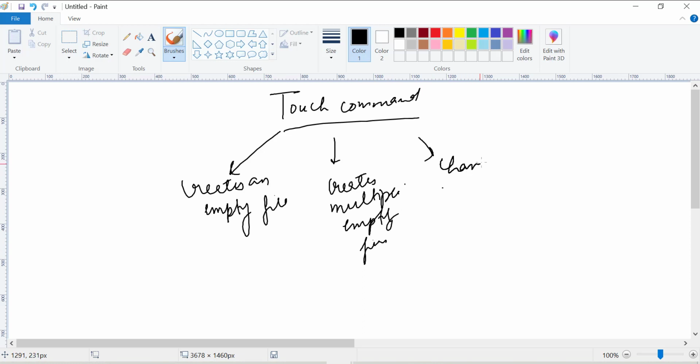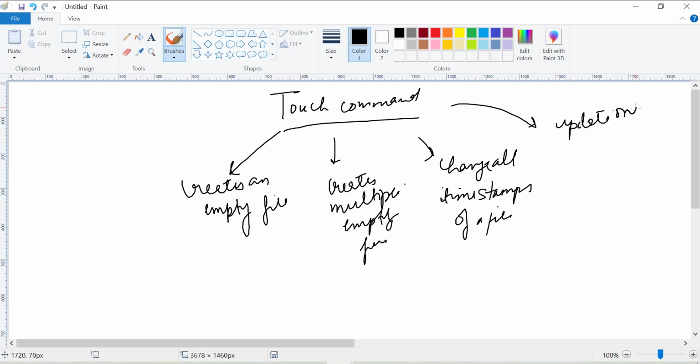It can change all timestamps of the file, and also it can update only the access time of a file or the modify time of a file. Okay, so it creates an empty file.